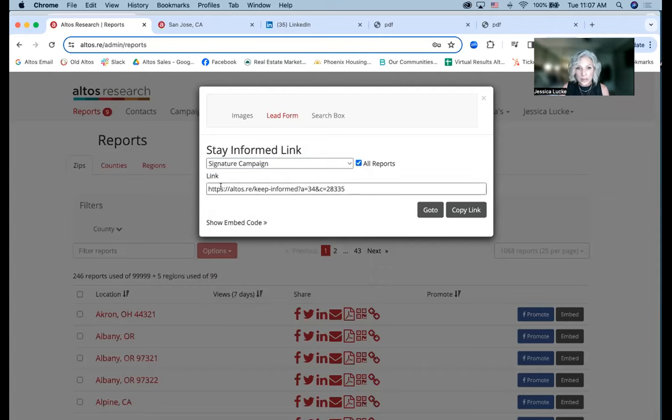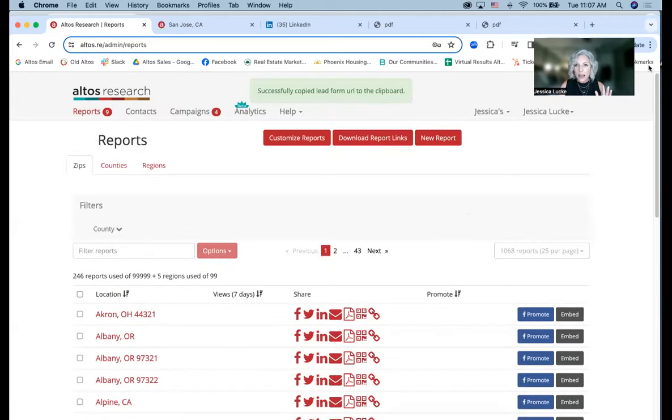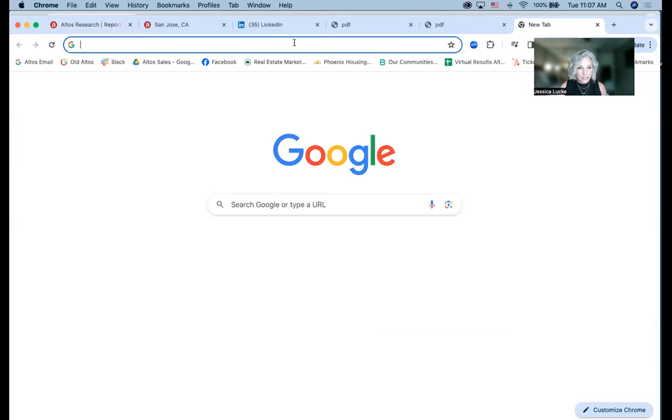Honestly, you can copy the link here. You can click the button to copy the link. And if you'd like to embed the form on a web page, be aware it is an iframe. So you want to make sure that whatever platform you're using does support iframes. This is awesome. Again, you could have the form on your website, and we'll get to that in a second as well. But let's just say we want the link. We're going to copy the link. Now, what would happen if we click on the link? Well, we just paste it here, on click,